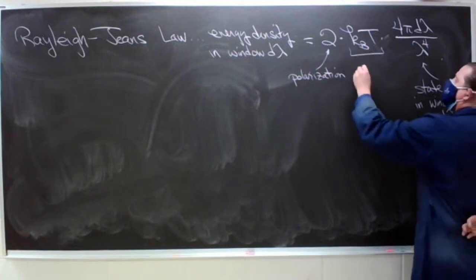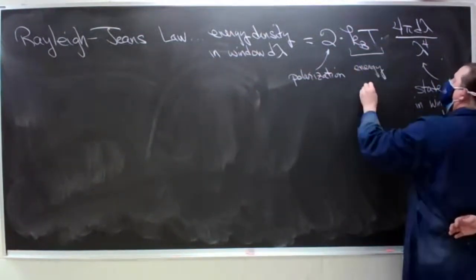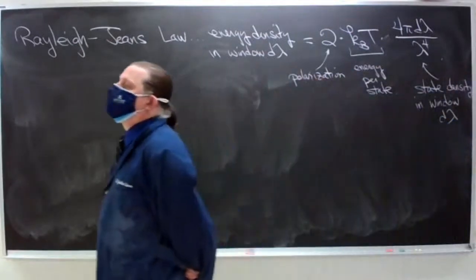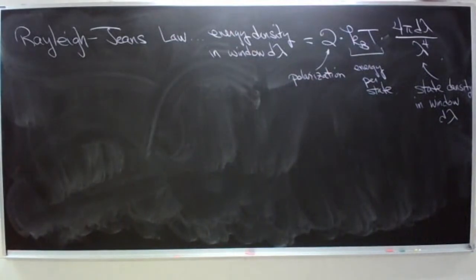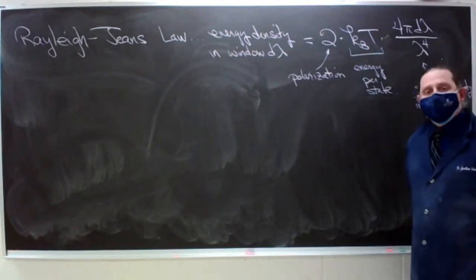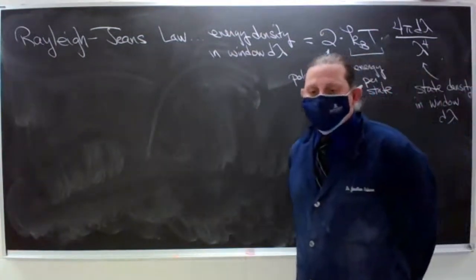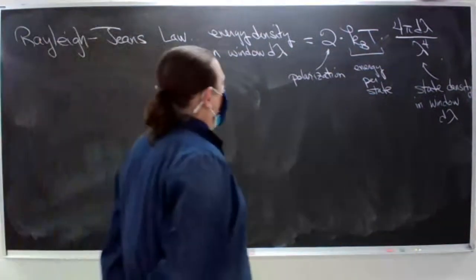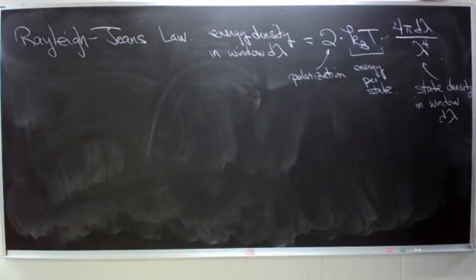And so that makes this the energy that each of the states gets. And again, we get this classically, just this idea that each way of using energy gets k Boltzmann T of energy in thermal equilibrium. Really, it's a half k Boltzmann T, but we've got electric and magnetic fields anyway. So classically, it should be k Boltzmann T.